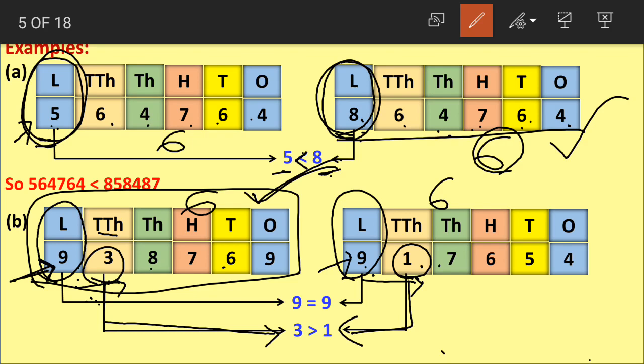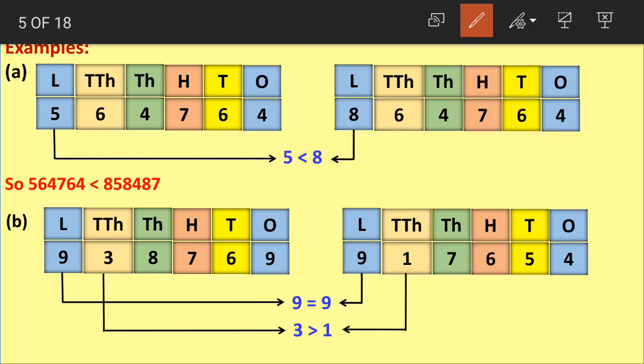What are we doing here? If we have different numbers of digits, the number with the greater number of digits is the greatest number. But if we have the same number of digits, we start comparing the digits at the highest place values, that is on the extreme left. If both the digits are same, then we compare the next place values, and whichever digit is higher, then the whole number becomes the greatest number. Understood, children? 3 here is greater than 1, so this whole number becomes greater.